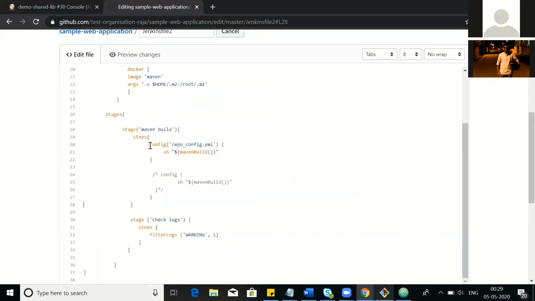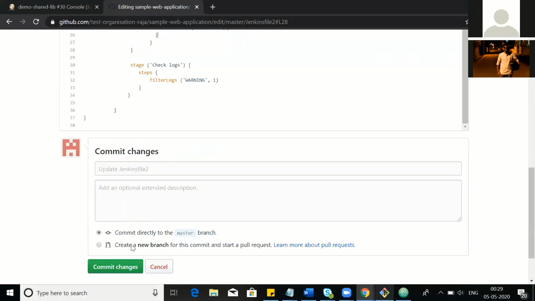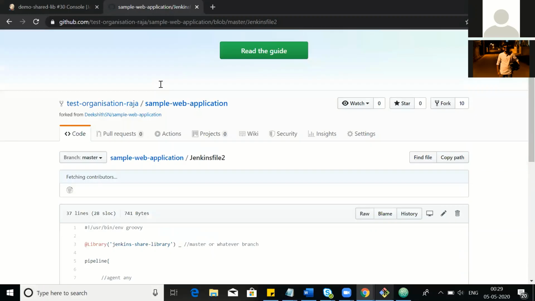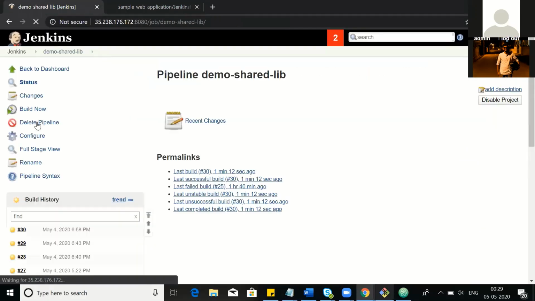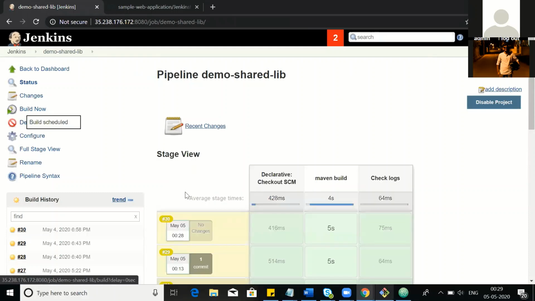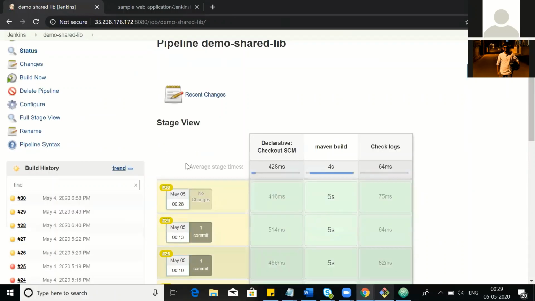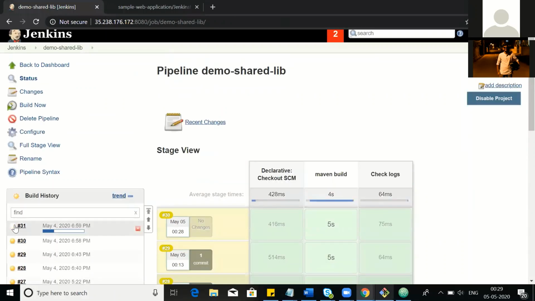Without a repo config, it will be able to take the global config directly, which is there in the resources section. Committing the changes. Let me go there and re-trigger the build. The build is triggered.